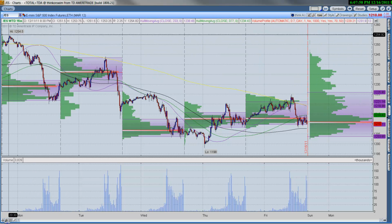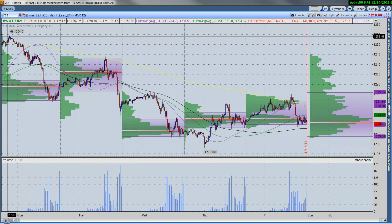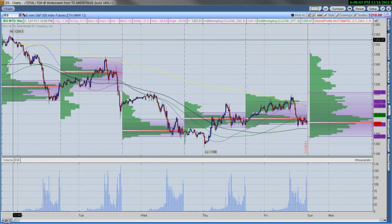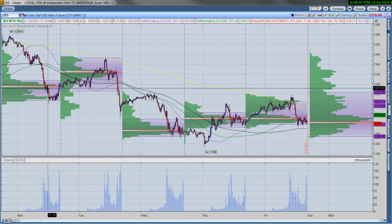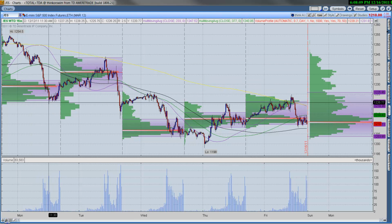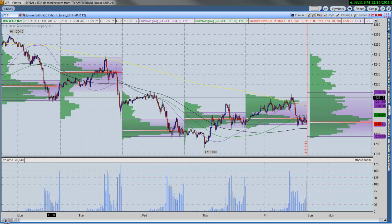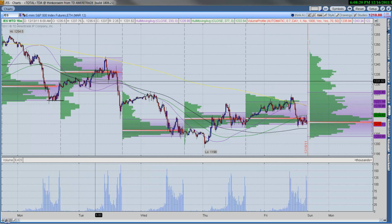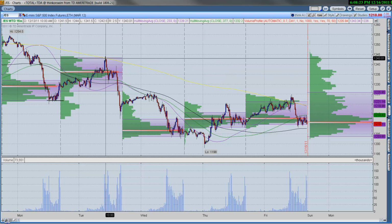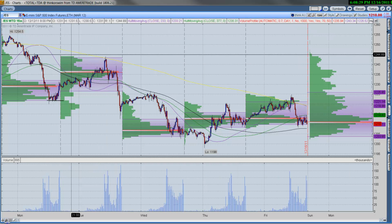So getting into Monday, basically, and this includes overnight. Overnight we sold off. We made a high at 1254.50 and basically started making lower lows and lower highs since. On Monday in the afternoon, we found a base at this 1221 level, and we had a nice pop into the close. We held those lows going into Europe. Through Europe, we rallied. We opened in the U.S. markets right at the top of this range. You can see,